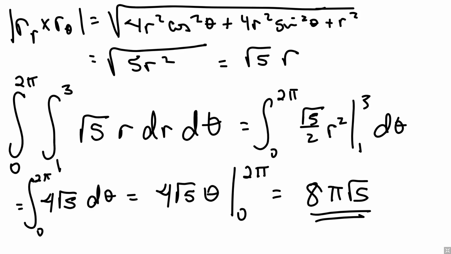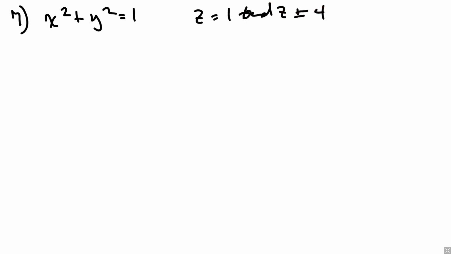Okay, no problem. All right, so let's look at problem number 7. Let's see what we got going on here. So we're dealing with the portion of the cylinder x squared plus y squared equals 1, and then we've got the planes z equals 1 and z equals 4. So in the case of this, I'll just define everything in terms of what they are. So we can say that x is going to be